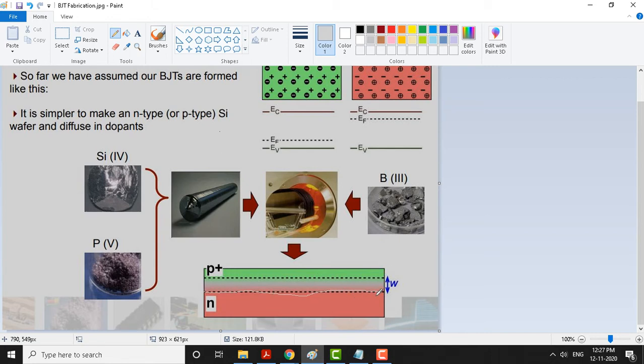So, you need to start with the base material first. The base material can be either N type or P type. In this example, the base material is N type. On top of that, what you are seeing is the P plus material. This makes the P plus N junction, and like that you can make the other junction also, and the whole P plus NP transistor can be fabricated here. At different temperatures, we need to diffuse these types of materials so that it makes a P plus NP transistor.